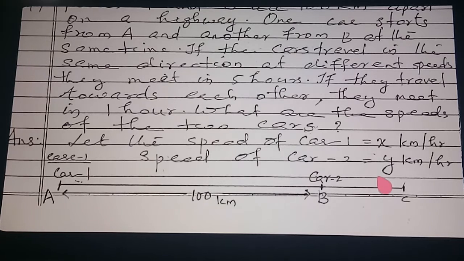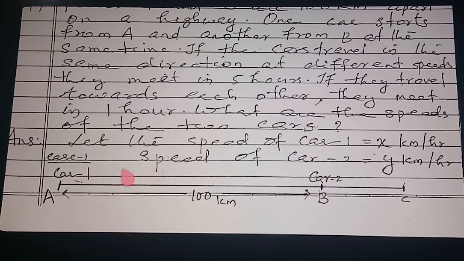Now we are going to make the equation. So first, what will you do? The first car is starting from here and reaching here, and the second car is starting from here and reaching here. So you know that the distance travelled by the first car is AC. What is the formula? You already know the distance formula. You have studied: distance travelled is equal to speed into time taken.